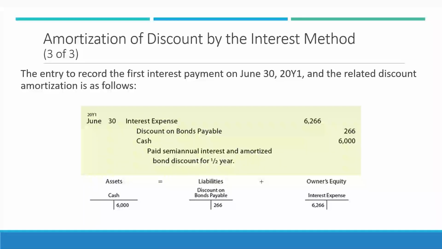And so we calculated our interest expense at $6,266, and we know every 6 months we owe $6,000 in cash, and so that's going to be a credit. And then the difference between our debits and credits is $266, and so that's the amount that we have to reduce the